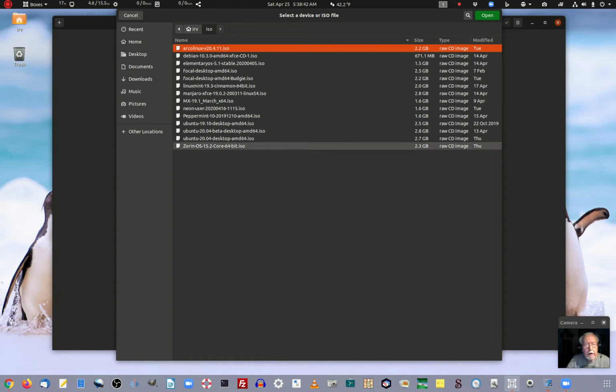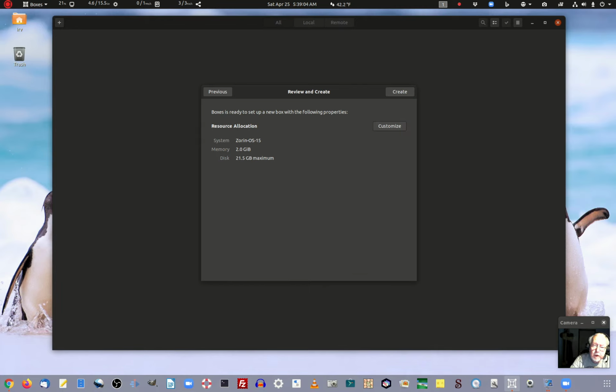But anyway, I downloaded one yesterday. Let me see if I can find which one it is. So we got Linux Mint. That's not it. Okay, Zorin OS 64-bit. That's the one it was. The last one. I'm going to leave all the defaults. I usually kick this up to 4 gig. Maybe I should do it. Hang on. Let me just customize it here. It'll only take a second. I'll move this up to take up 4 gig, and maybe give this 30 gig of hard drive